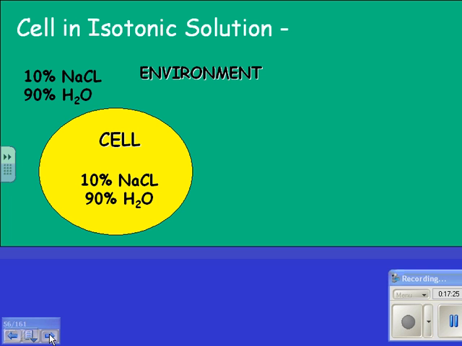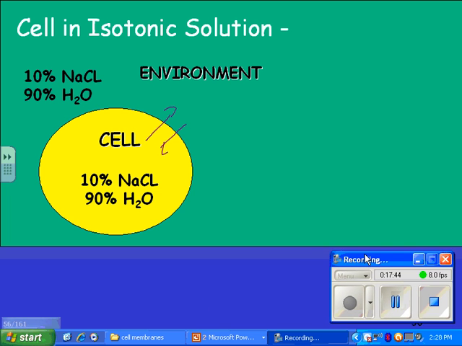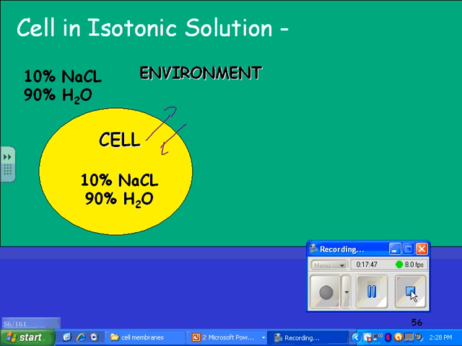So here's what a cell looks like in an isotonic solution. There's 10% salt outside, 90% water. And look, it's the same here. So instead of looking at dissolved stuff, it's just giving you percentages. And so here you're going to have a dynamic equilibrium, about even numbers going in and out. And I can see I've been talking a long time, so I'll finish this in the next